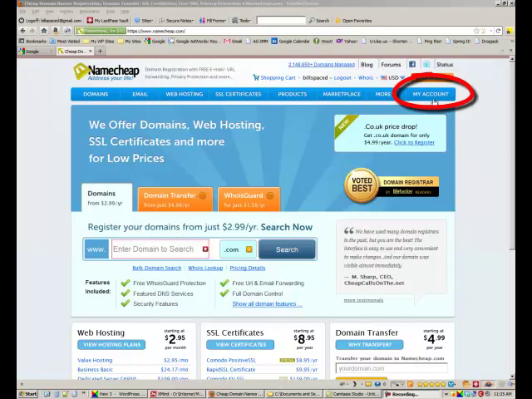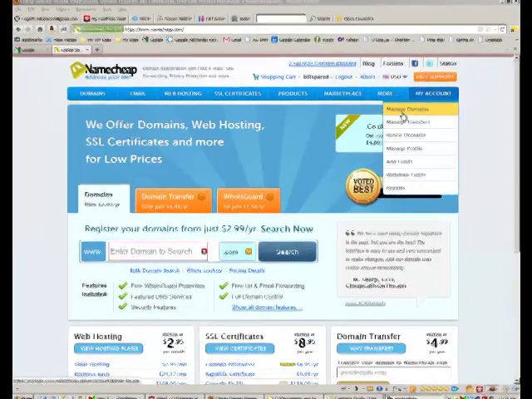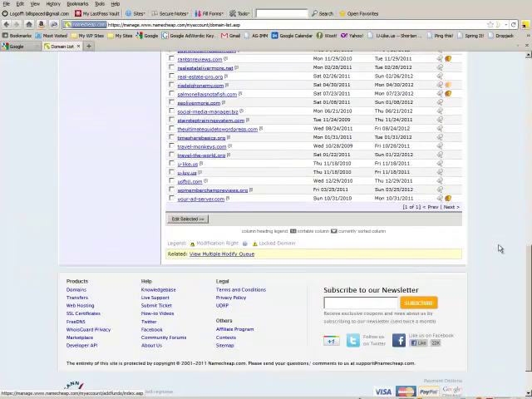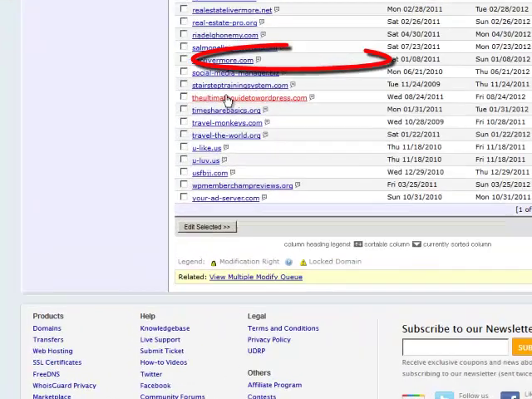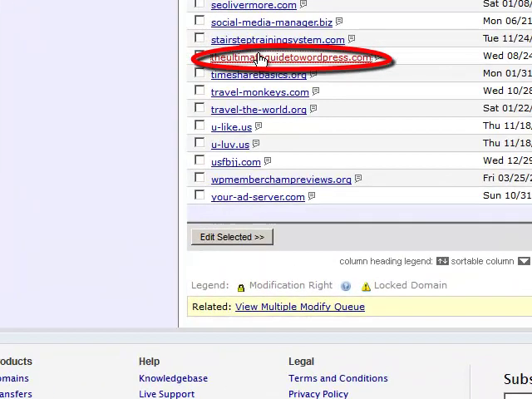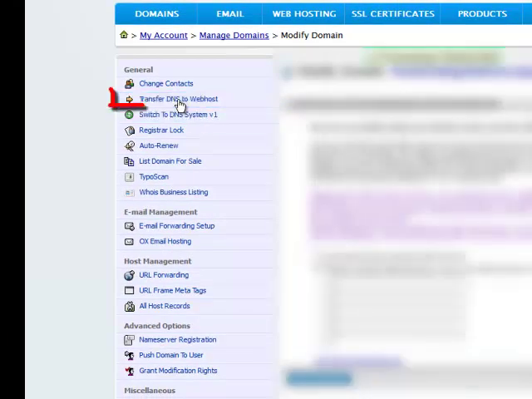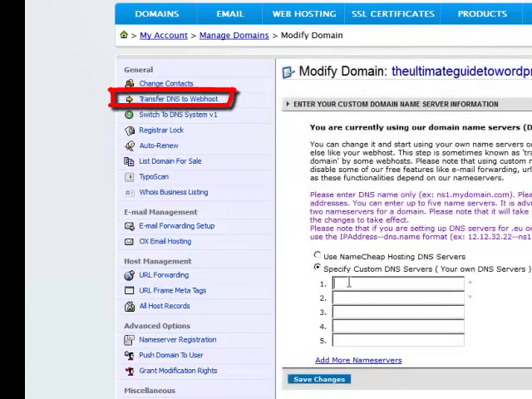So with Namecheap, what you do is you go to My Account and Manage Domains. And then you scroll down to your newly created domain name. And this is the one I just created. And you transfer DNS to web host, and then in here under specify custom DNS servers you type in